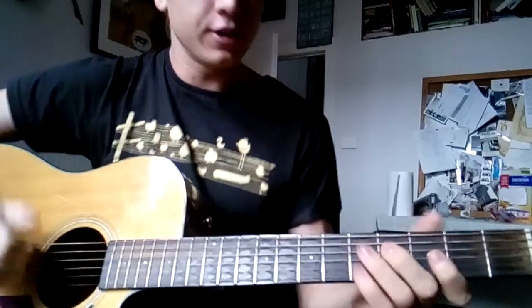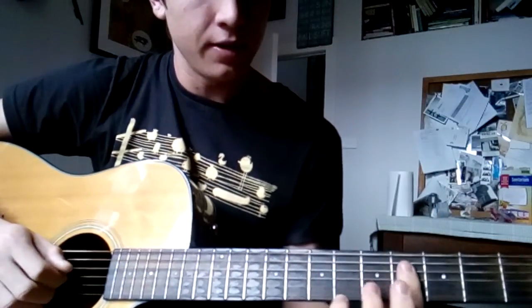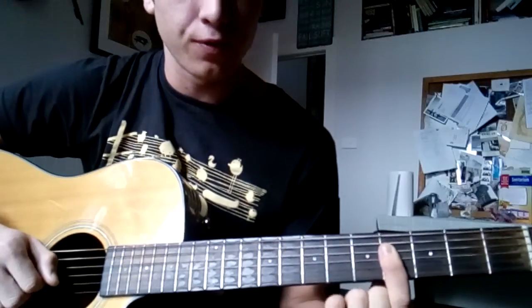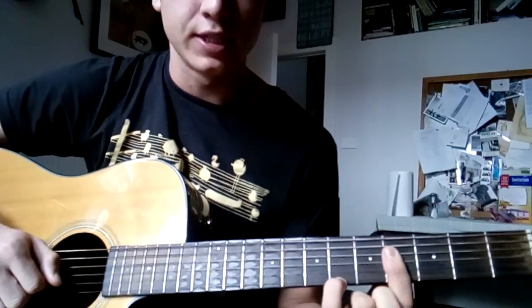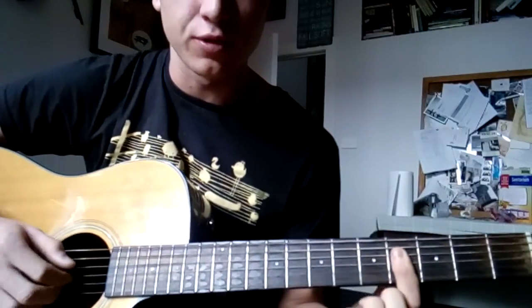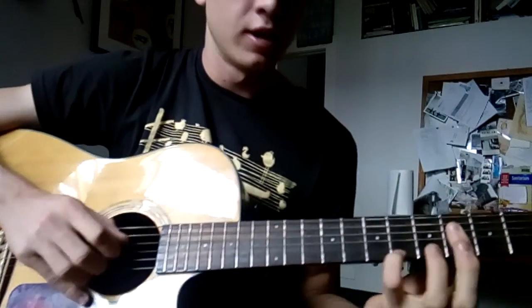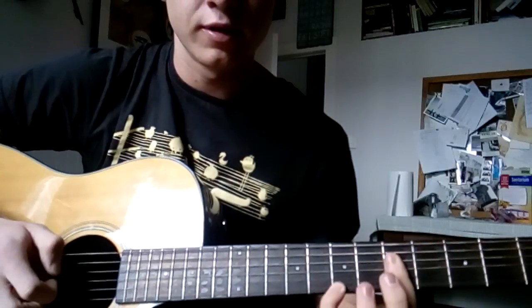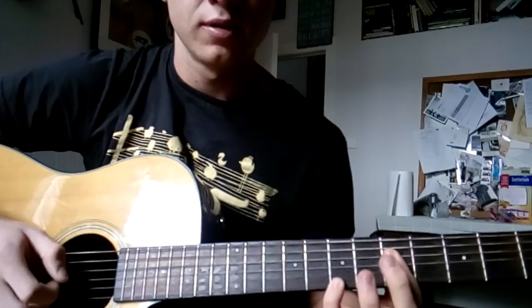So in the verse there's this sort of high guitar bit where how you start is you slide into the shape from, so you're barring the 4th fret and then your pinky on the 6th fret of the bottom string, so just the bottom 3 strings we're worrying about, and you slide up from there into the 5th and the 7th fret, so it's like that,